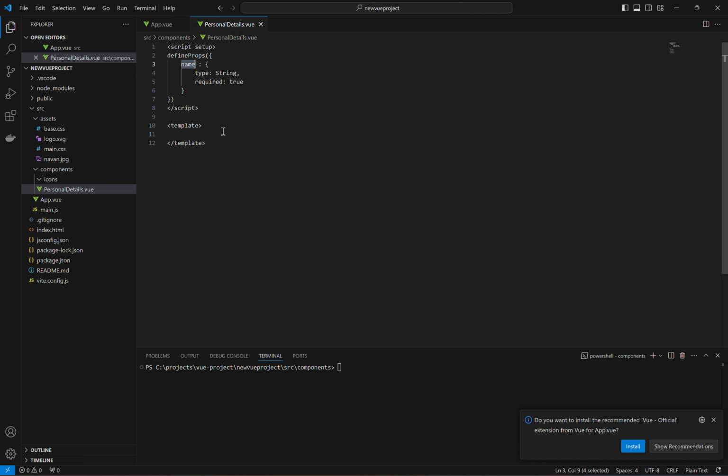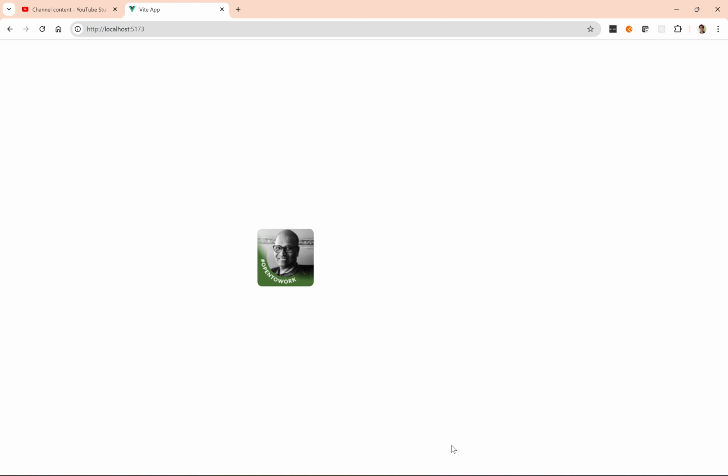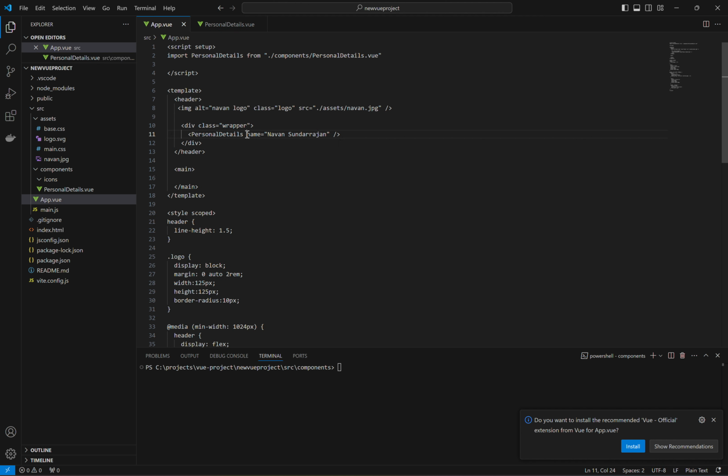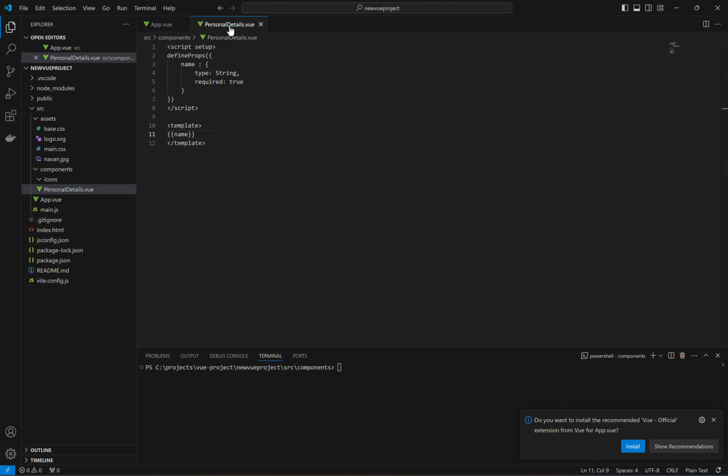So this should be passed here, but I have to use mustache braces to include that name. Let's see what happens now. I think that's great. I refreshed it and I can see the end result here. So that's how you use props. You can pass a property by just naming it here, but you have to define that using the defineProps macro